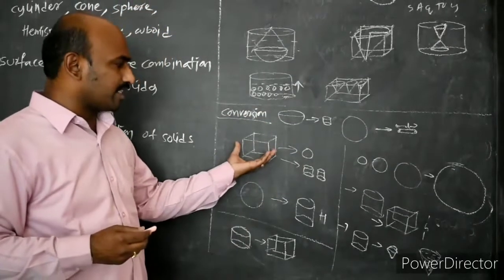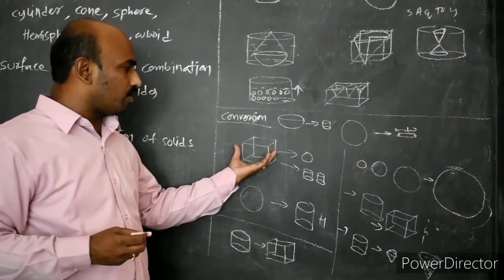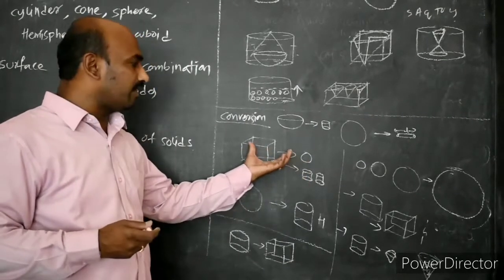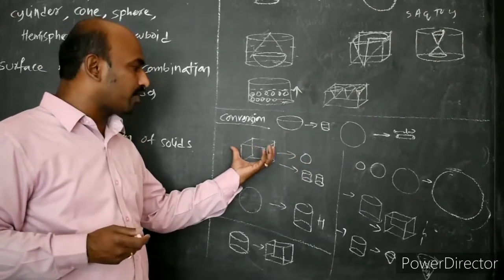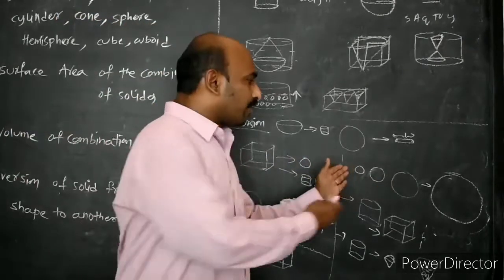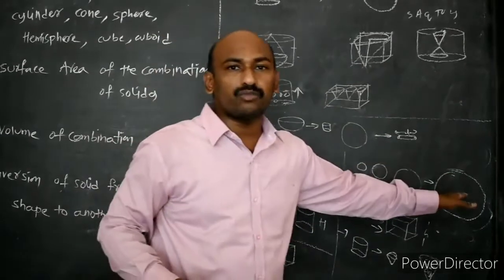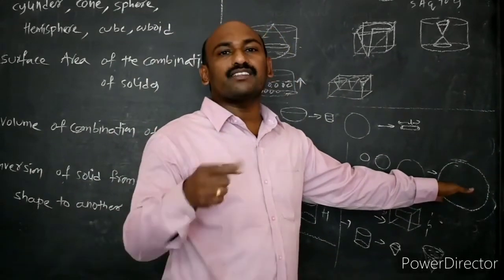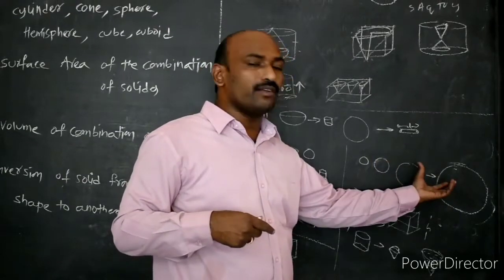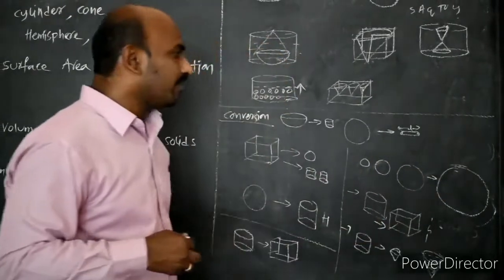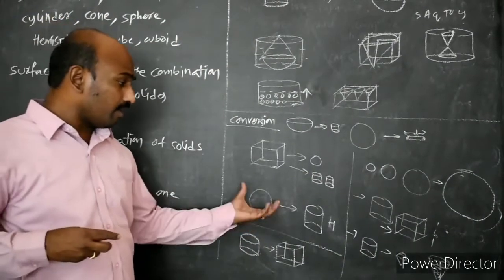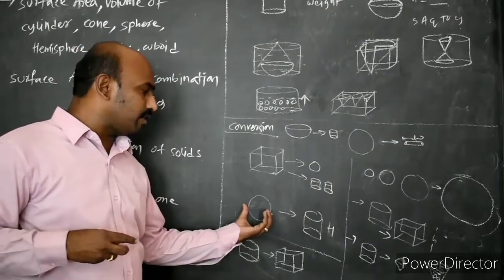If anything value is missing means we can equate the volumes both. If you go with the same thing, volume of the cube converted into number of spherical balls or number of cylinders, based on the number of spherical balls equal to volume of the cube by volume of the sphere, like that we can do. If 3 spheres are given and melted to form a single sphere, and what is the radius of the single sphere means sum of the volumes of 3 spheres, then you will get a resultant sphere. After that we can apply the formula of the sphere, and like this missing value